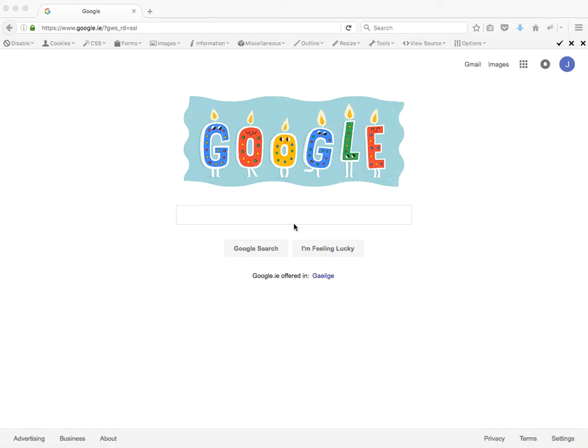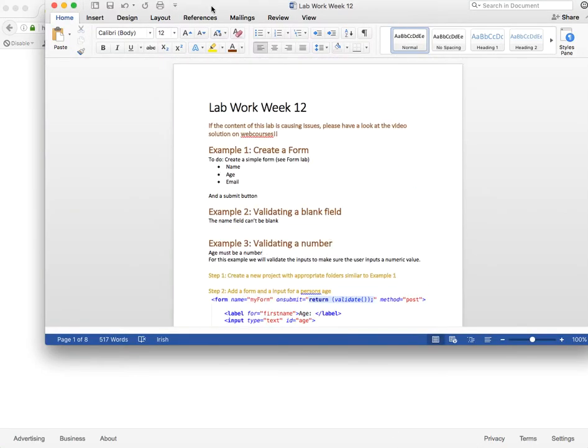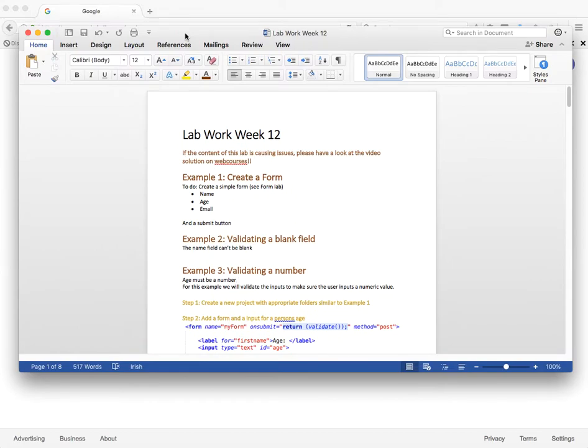Hi everybody. I'm just going to do another quick example of how to create a form and how to use JavaScript to validate the form. So I know we've done a little bit of this in the past couple of weeks, but I just want to make sure that we're not mixing up what we have with our HTML5 validation and what our JavaScript validation